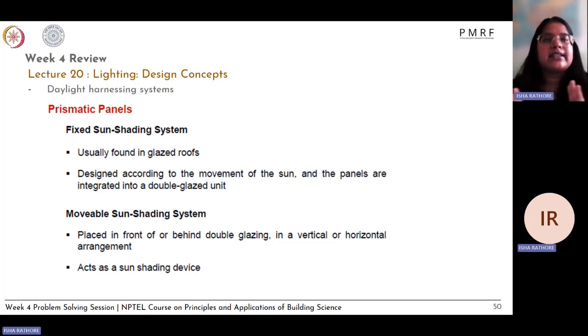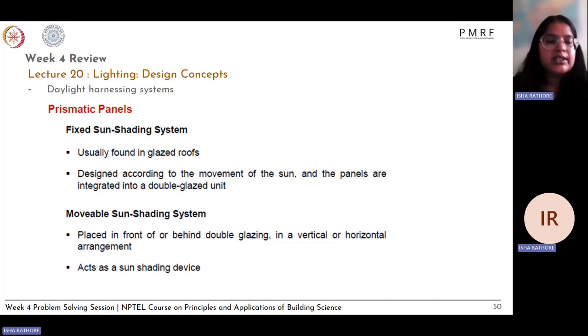So, double glazing is basically your window only. Double glazing is when you have two layers of glass instead of one layer. Single glaze is just one layer of glass, double glaze is two layers of glass, triple glaze is three layers of glass, and so on. So in a movable sun shading system, they can be placed in front of or behind the double glazing